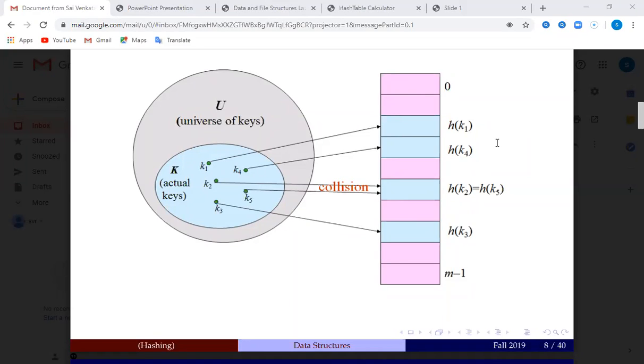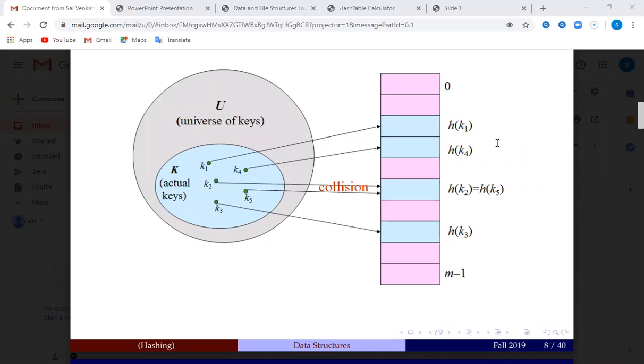So suppose you do 30 modulo division 10, what is the result? 0. What is the remainder? Don't tell the quotient, I want the remainder.